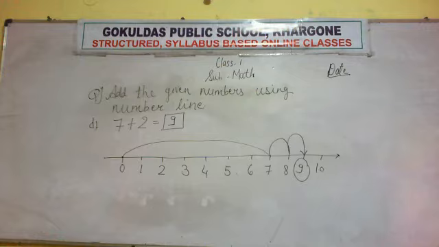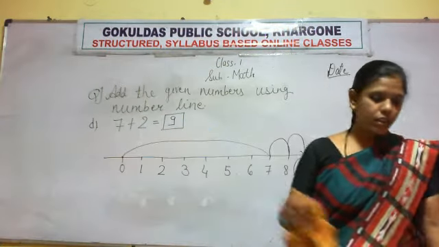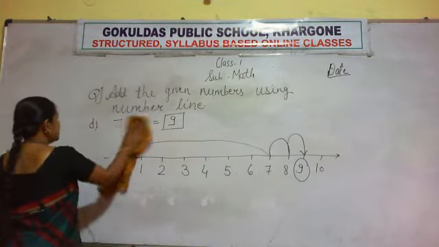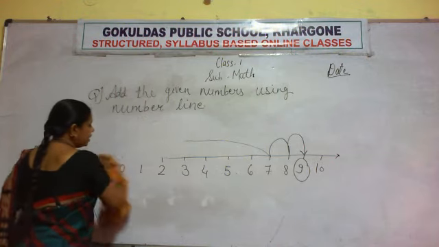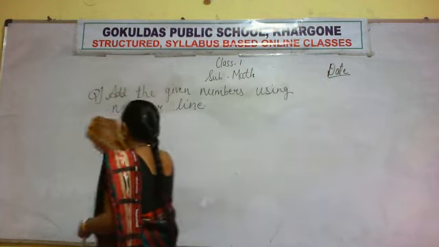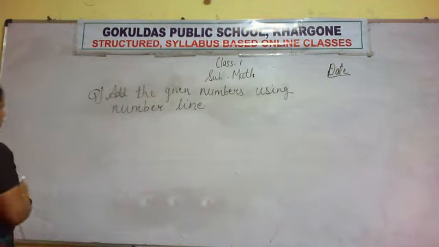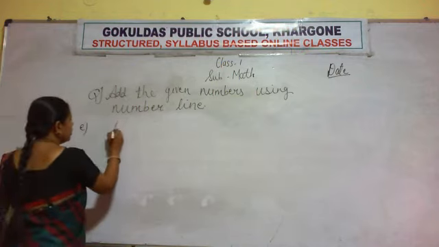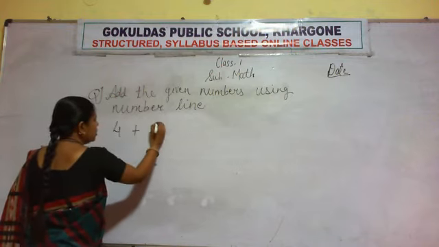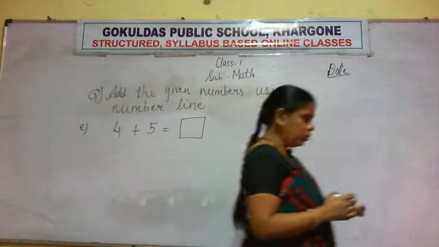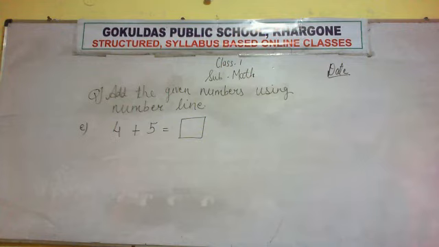So only 4 questions are given in your book. So one extra question I am giving you just now. Solve it. Try to solve this question. See if you can do it or not. So write E and try to do this question yourself. 4 plus 5. You have to do it, do it right now. Do it yourself fast. Then I will give you some homework questions also for your practice.